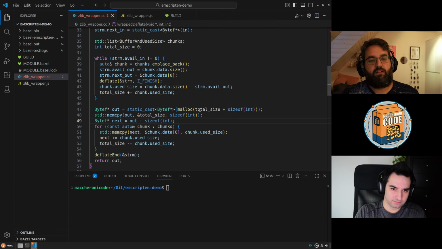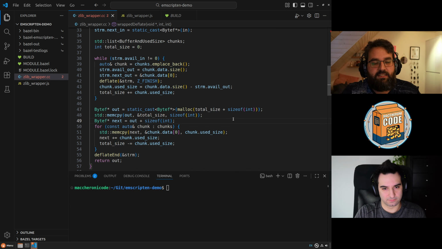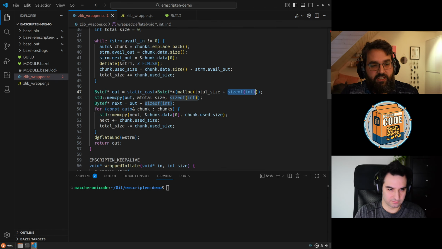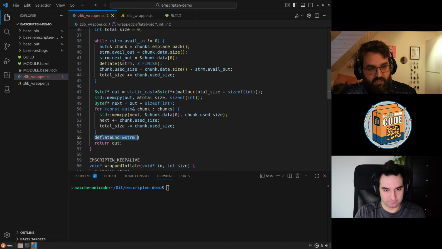In the end, we allocate a contiguous output buffer, and we are doing this trick because this is C++, or specifically we're using the C linking format, so we are limited to basic simple types. At this point, we are using a buffer that also contains its length as the first element, as an integer. So we copy the length in the first position, and then we copy all the chunks together into this output buffer, and we finish the processing.